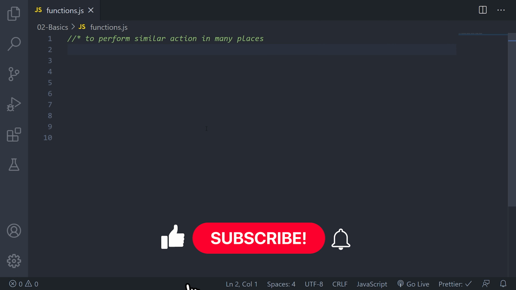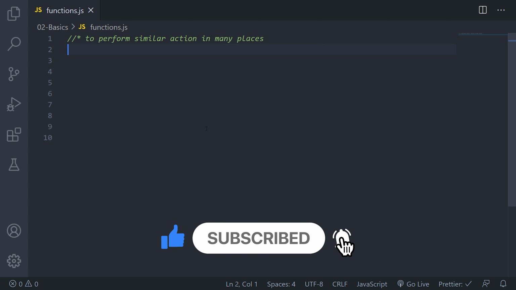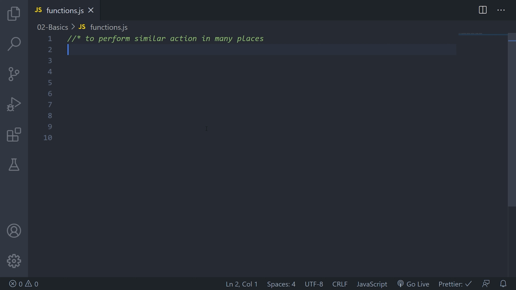So let's get started. Functions are basically a sub program, you can say, which can be called by external code. Any external piece of code can invoke or call that function to perform certain similar actions.